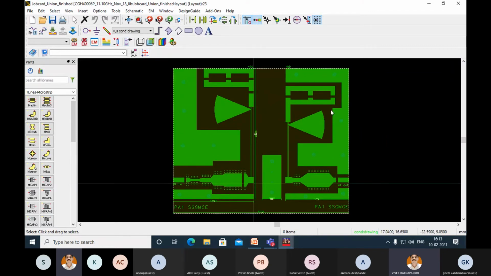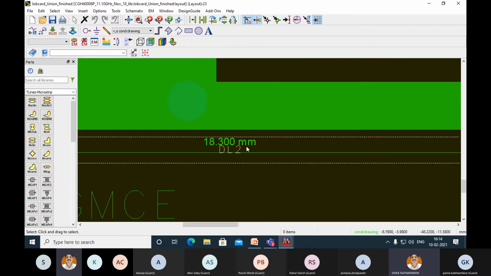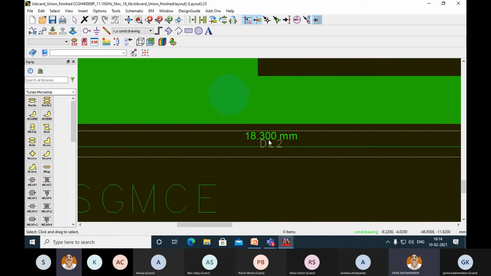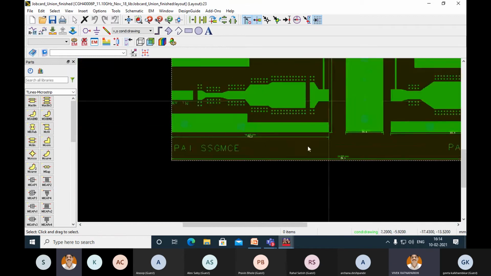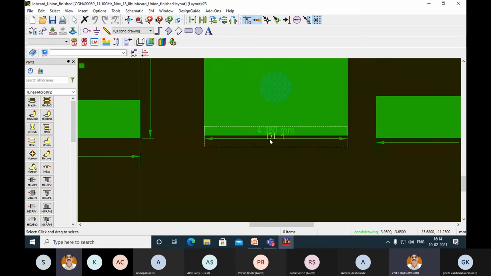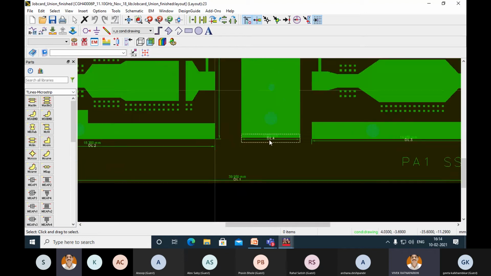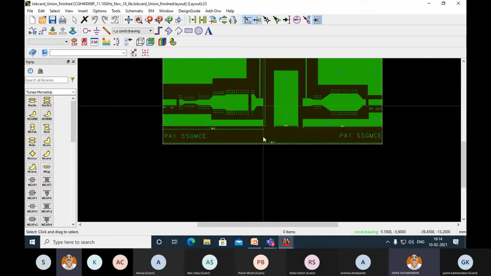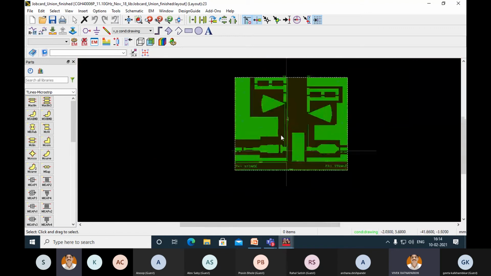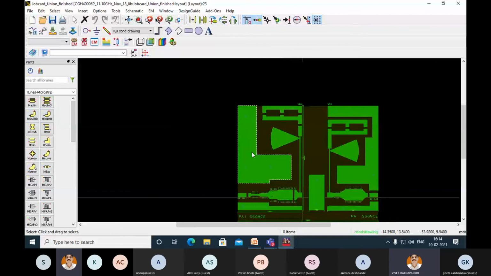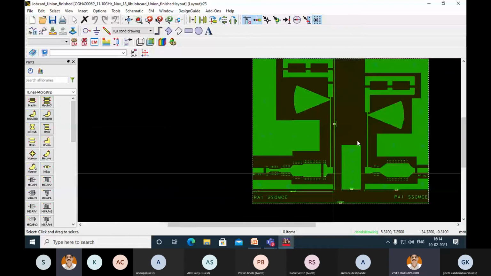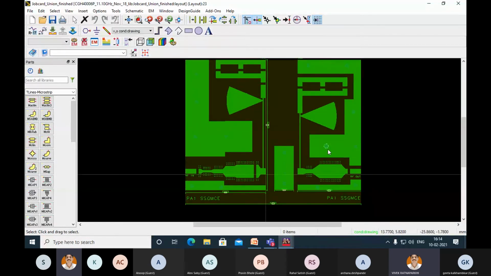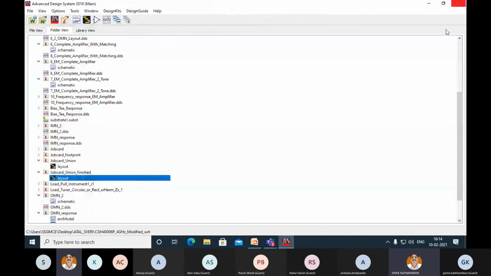I have modified the layout from a visibility point of view. I can always write things. I can also insert rulers or even write the dimensions over there to get an idea about the overall length and width of my circuit. So you can see almost 40 mm is the length, and for height, it is not there, but almost 50 or 55 mm only. So that is one PA.